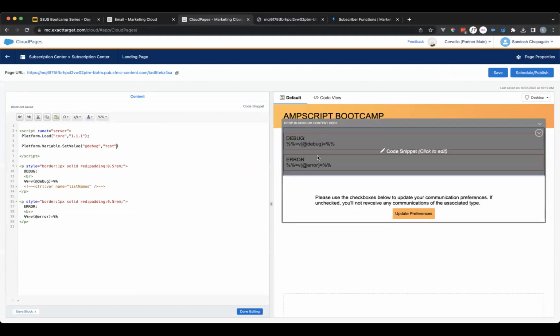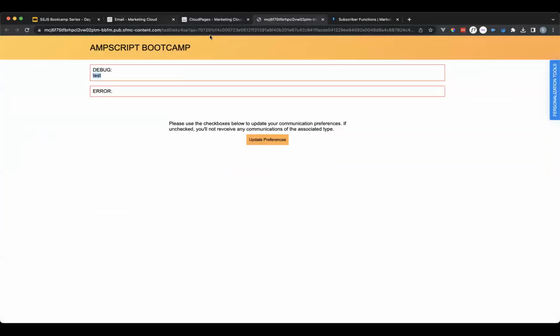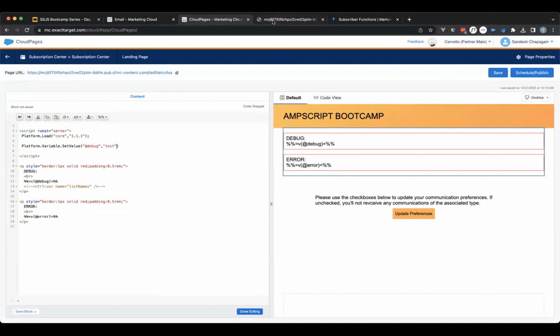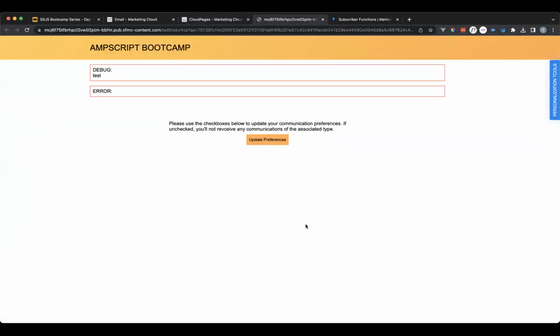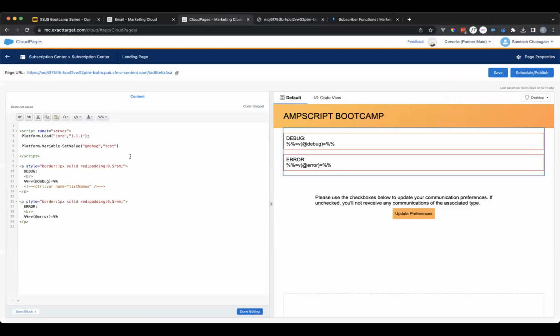Okay, so we came in here, and this link, actually, you can see that there's a QS here. I came in through this link through an email that I sent to myself before, and that email links to this preference center. That's why I have this query string that embeds all of the information about me as a subscriber. So subscriber key, email, and things like that. So, for example,